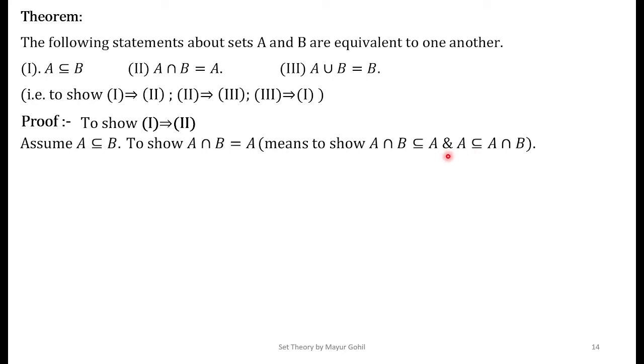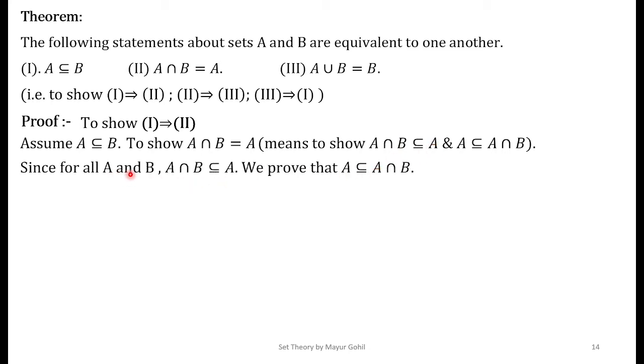One is always easy, the other one is slightly complicated to prove. So here we see that A intersection B is a subset of A is very straightforward. For all A and B we know that A intersection B is always a subset of A. We are just left to prove that A is a subset of A intersection B. Alright,